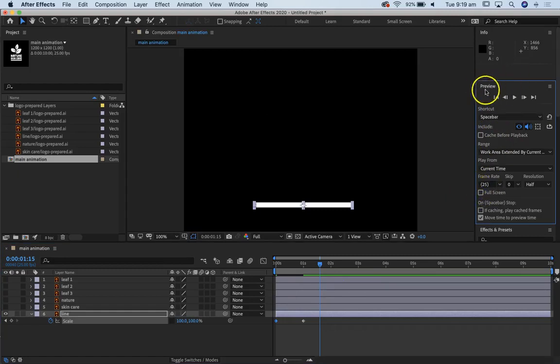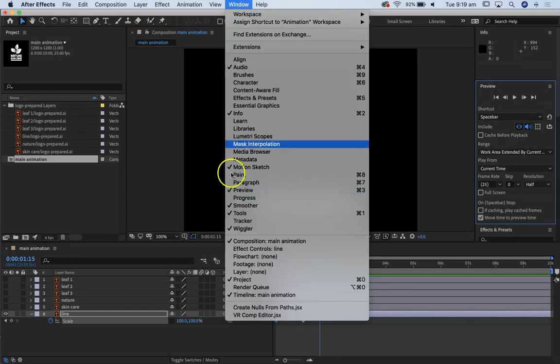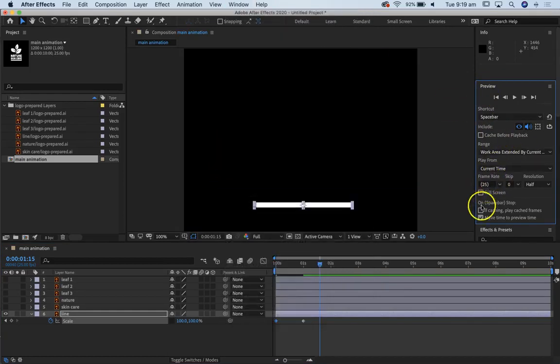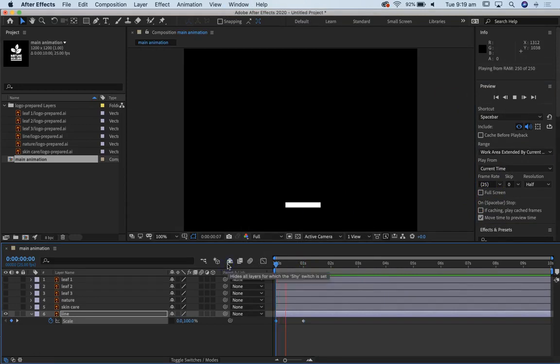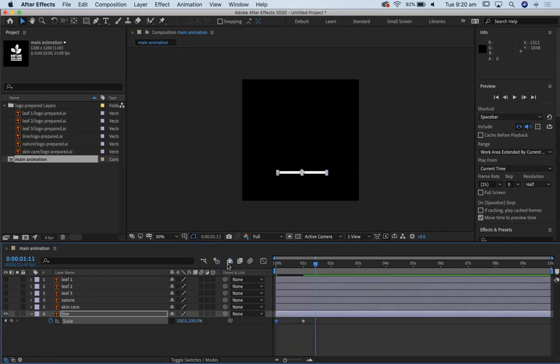Let me just turn off that full screen mode. So you can do that in the preview pane under window. If I pull up the preview pane, I can set the previews to full screen, which is cool sometimes. It's not that useful other times. Anyway, so there's our